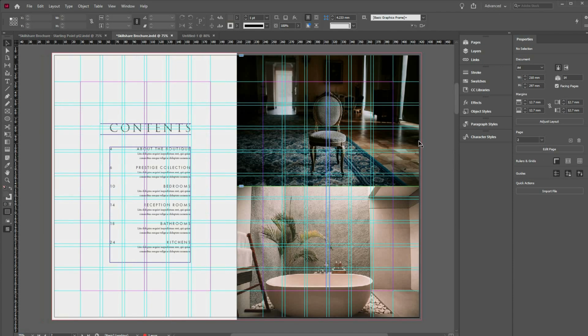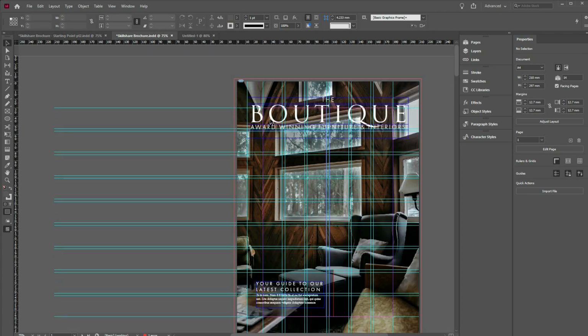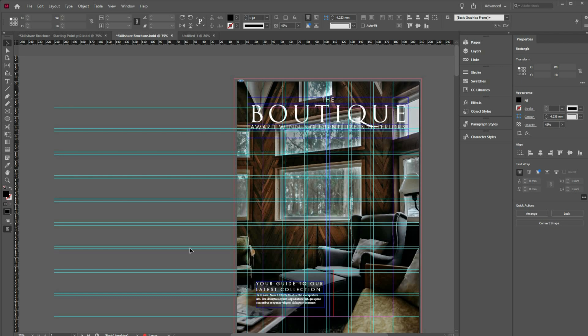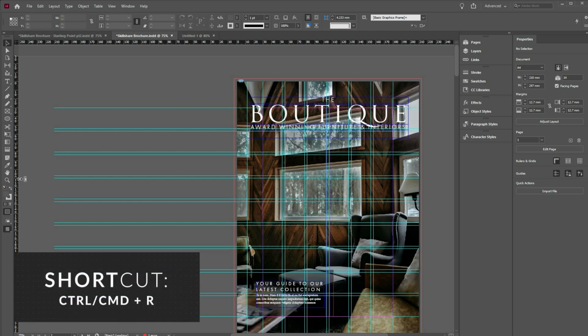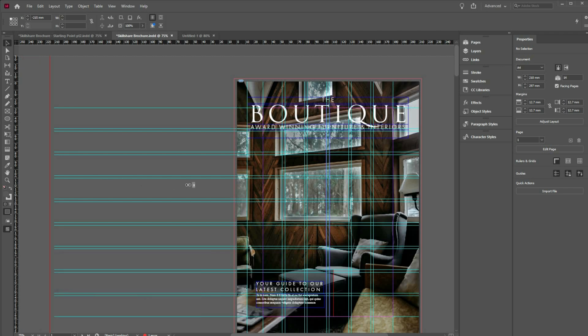You may also find on a particular page, I'll jump back to this document here, you may find you need an additional guide that doesn't exist in your grid. And here's an example here because I've gone for text that's really dynamic, it's pushing to the edges of the page, I wanted a new ruler to line that up with this element I have at the bottom here. So to add a new guide, making sure your ruler is enabled. If it's not, you can hit Control R or Command R and just drag from that ruler, drag inwards from the edge,